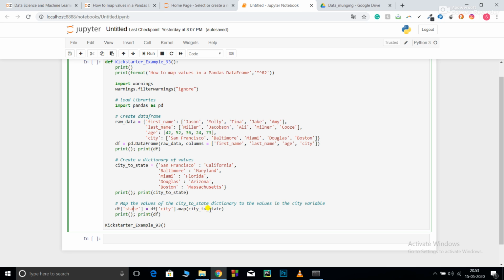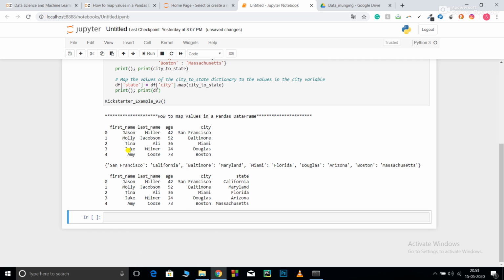A basic example is, suppose there are thousands of cities present over here. You cannot manually fill those values, but the values are repeated time and again. So you just pick up the unique values of the city and make this dictionary over here and apply this function. Even if there are thousands of values, just writing 10 to 12 lines of code is going to fill those values. So let me run this for you.